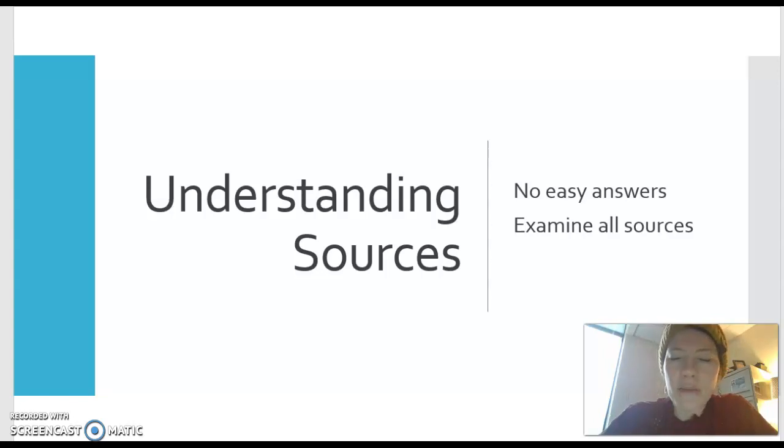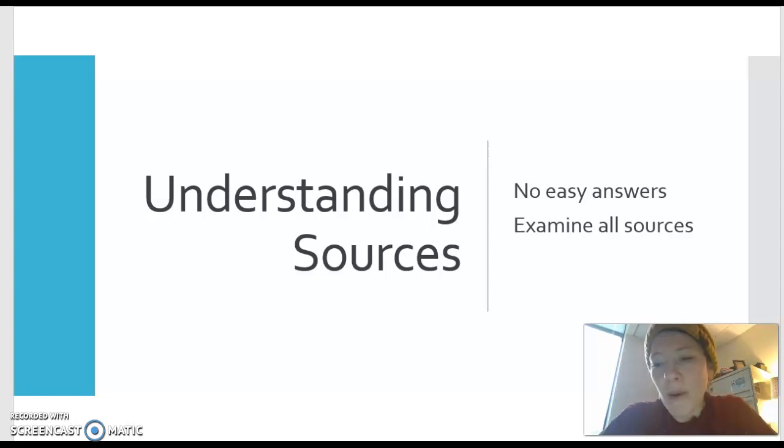I don't believe that the idea of just never use X because it's not a scholarly source is always the best approach. Or never ever go to Wikipedia because Wikipedia is crappy. I know that you've heard things like that in the past. I would say actually a better approach is to just really be critical and skeptical and careful about what kinds of information different sources give you and how they might be utilized in the research process.